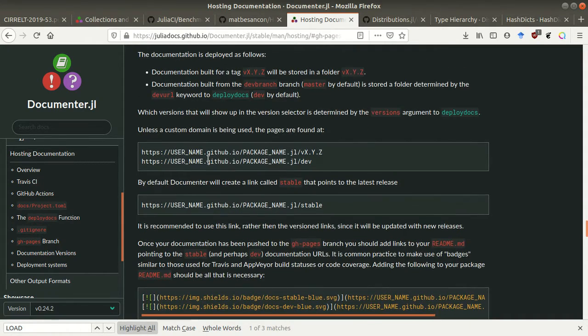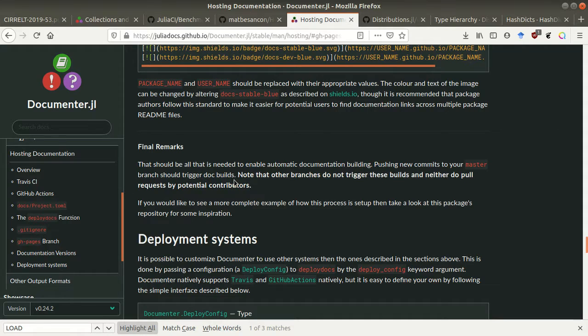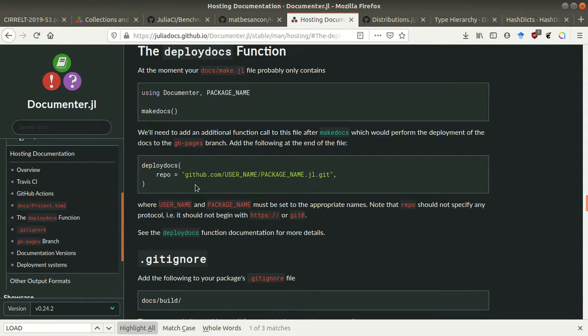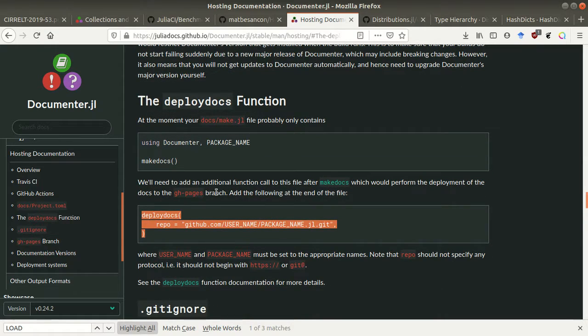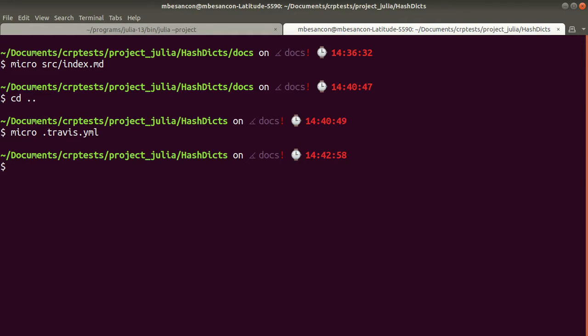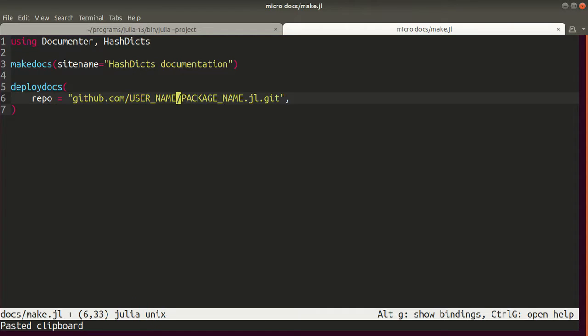Documentation versions. Okay. Deploy. Okay, we'll just add this. I think this should be enough, maybe. So that's not in Travis anymore, that's in the docs make. So we make the docs with this thing here, and then this is our